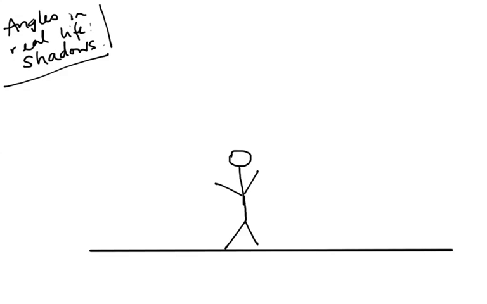Now, why do shadows happen? Shadows happen because you have some light rays. Maybe I'll draw them a different color. You have some light rays that are coming in from the sun, and they hit you and they get blocked. So you have these light rays, they come in, they go kind of parallel. They follow parallel lines, and you are blocking the path of this light,